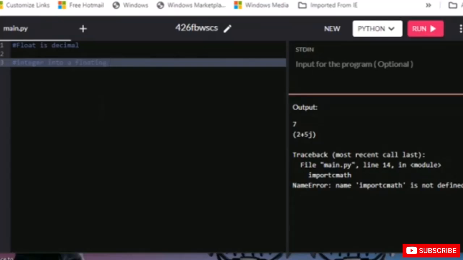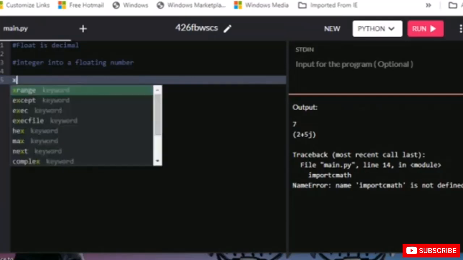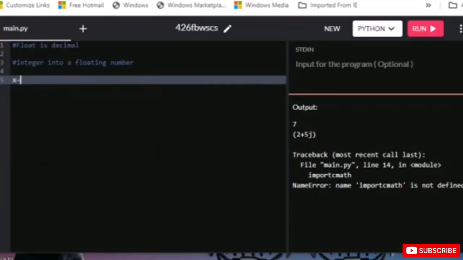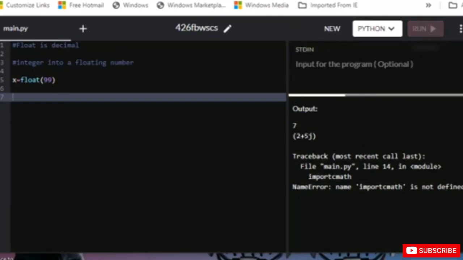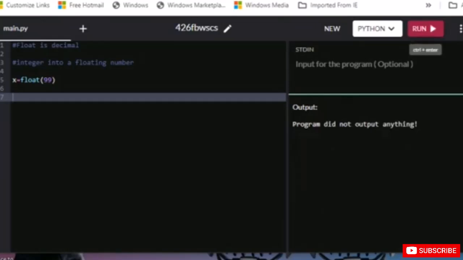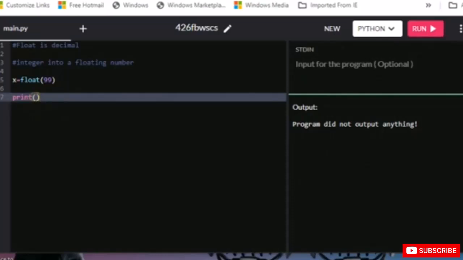So let's initialize it. X is equal to, now we have already created a space which can actually give us the answer. Okay, now X is equal to float, and what I'm going to do is put an integer here. Like, let's say I'm going to put 99 here. So as we know that 99 is just a number and not a decimal number, so let's see if I add the float, what I'm going to get. Well, we do not get anything because we have not commanded it to print, obviously. So we need to print it up. See how smart Python is. Till you ask it, it is never going to answer. Okay, so now it's 99.0.